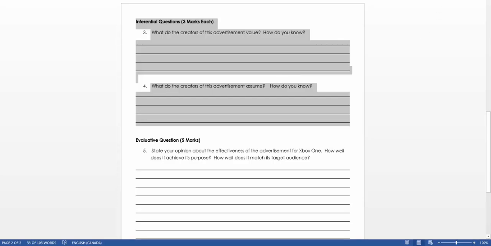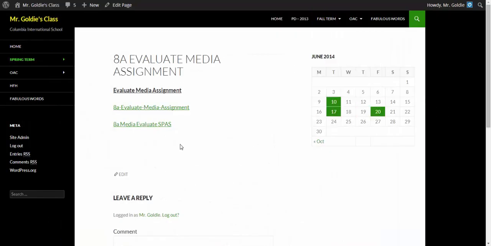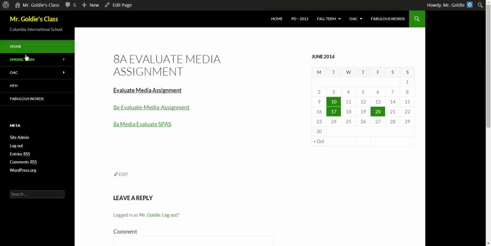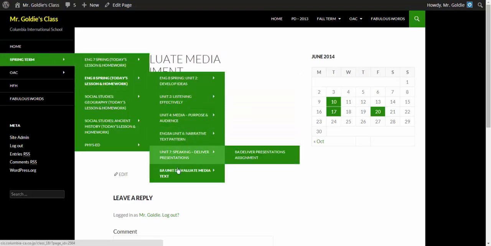Okay? So you can see here on the self and peer assessment sheet the success criteria. For this assignment, you need to be able to infer what the advertiser assumes and provide evidence to support that inference. And then again, you have to infer what the advertiser values and provide evidence to support your inference. So let's look at some examples. Okay, so we'll go back to the main page here,